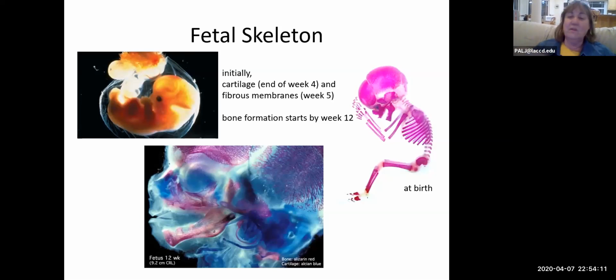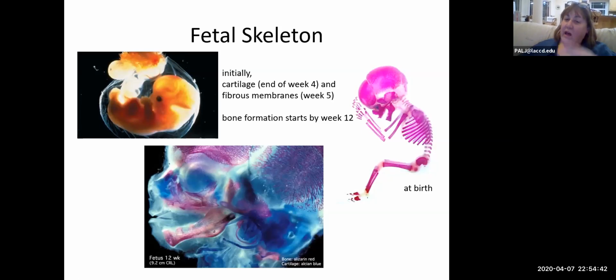It's not those tissues becoming calcified that magically are bone. That's not at all. That would just be calcified cartilage or calcified membranes. But we have to change one tissue type into a different tissue type. And that starts around week 12, which is the end of the first trimester of pregnancy. And so there's a little picture of a fetus at week 12, and you can see how little of these skull bones are present